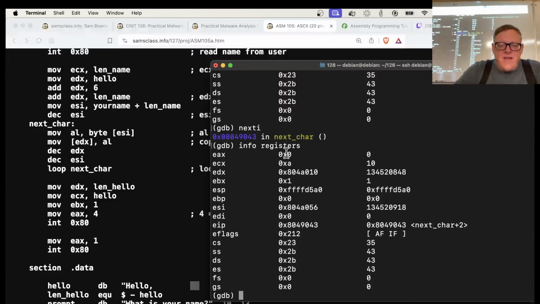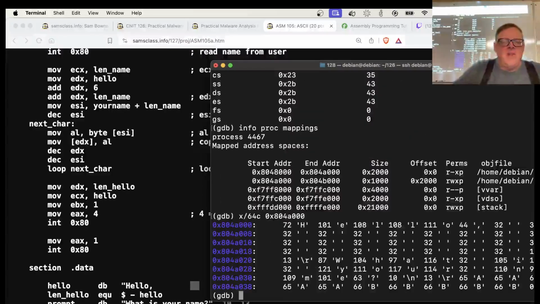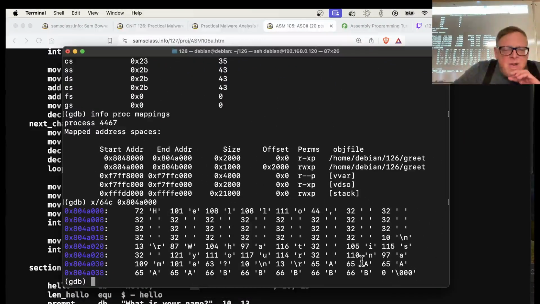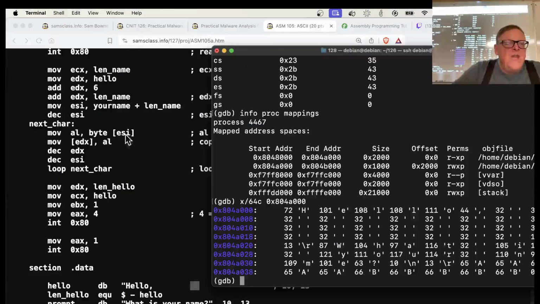Now, if I look at the data section, which was info proc mappings here, which is x/64x, hexadecimal, 64 characters, starting there. Then I'll see the name I put in was AAAA, BBBB, and then there are zeros out here. And what I did was I think I went too far, and I'm reading from way out here. I'm reading those zeros. But I'll be able to tell that by comparing this code because it's going to load